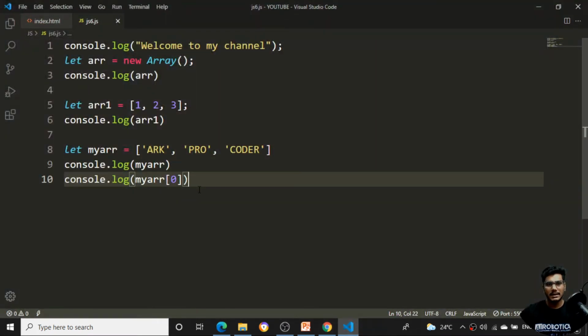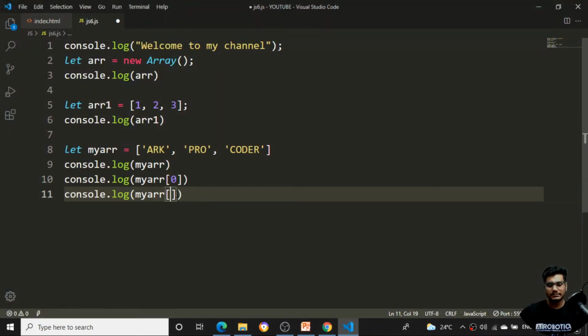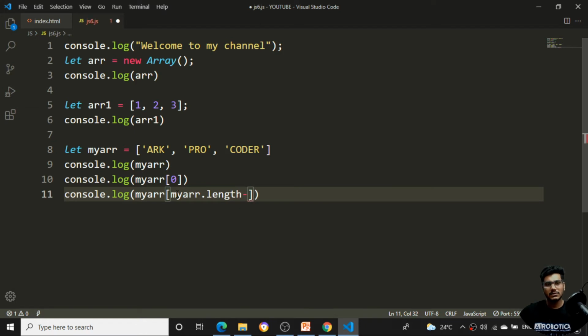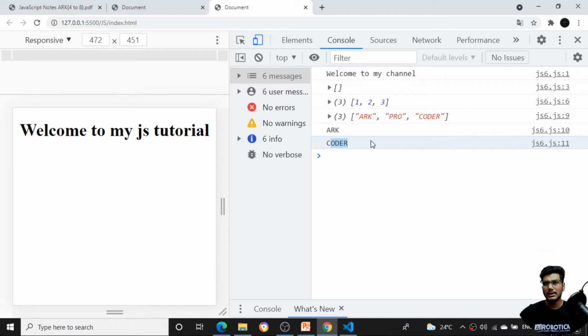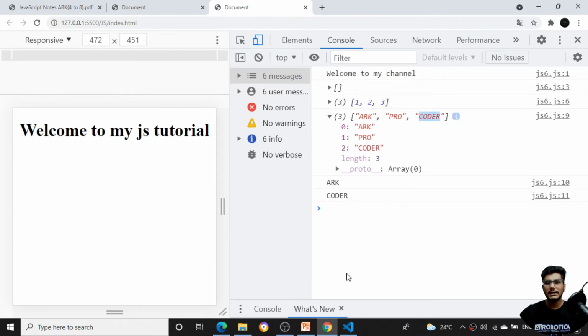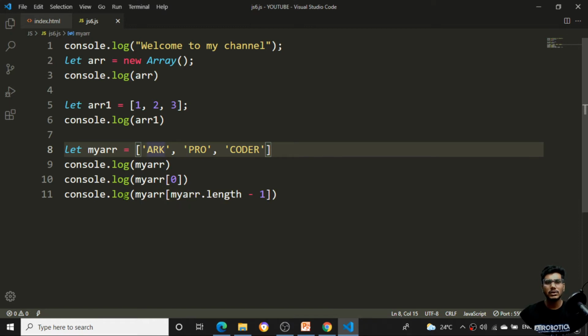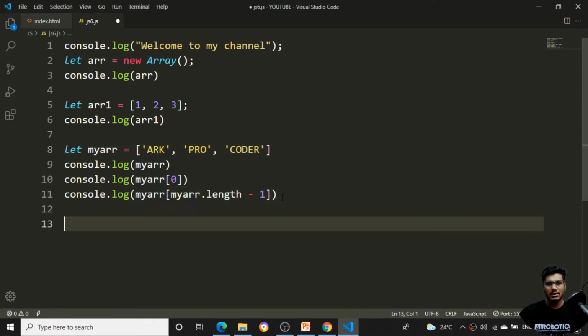If I want to get the last position, I can tell my array dot length. I want to get my array dot length first, so it will be 3. So 3 minus 1. If I tell 3 minus 1, you can see I'll be getting the last value. So if you want to access the last element of the array, you can give the length minus 1, and you will get this particular value. It will just return the length, 1 2 3. So 3 minus 1 is 2. So 0, 1, 2, at the 2 position, 2 will get passed over here for my array and the value will get printed. So this is all about the array.